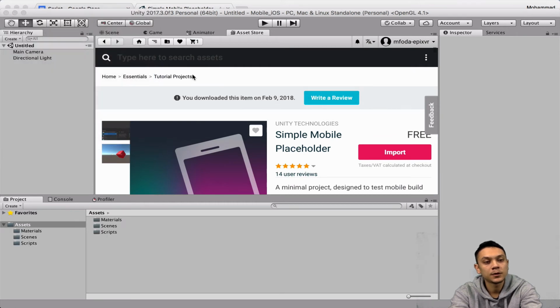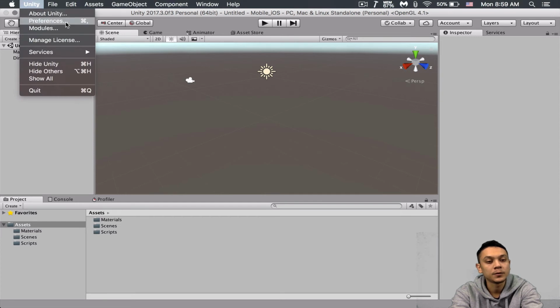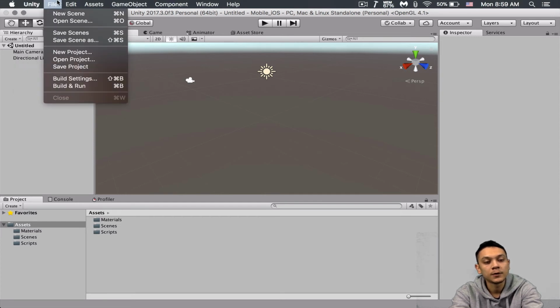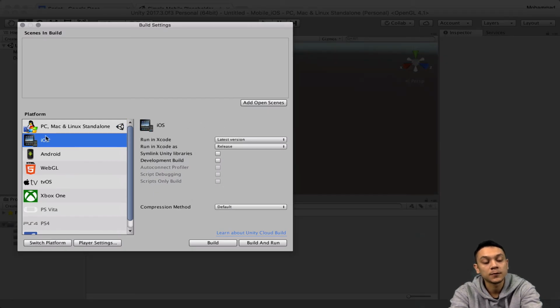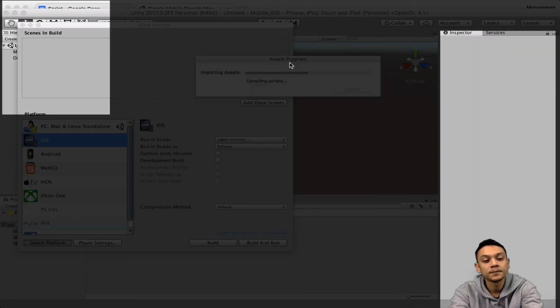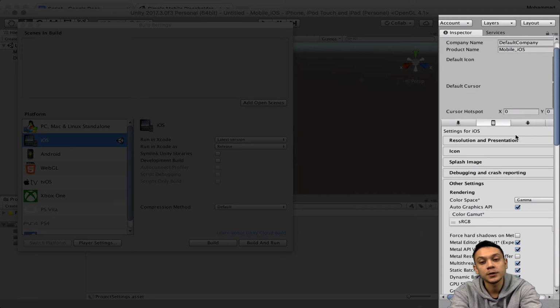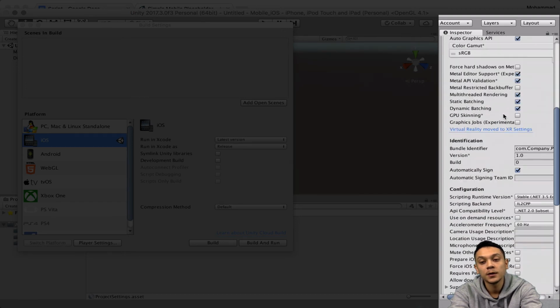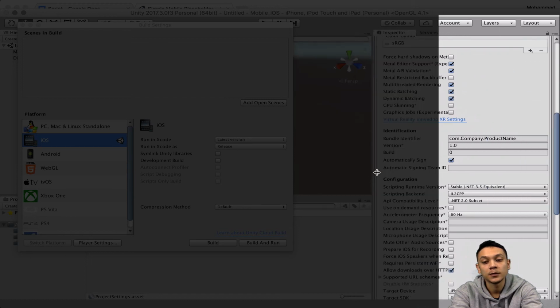So we're almost ready to build. The only thing we need to do is go to our build settings, and first of all make sure that we switch to iOS because that's the platform we're going to be testing first. So have iOS highlighted and click on switch platform. Afterwards, let's go into our player settings to make sure that we have everything set up. First off, we want to change our bundle identifier to something unique to us. So let's call that